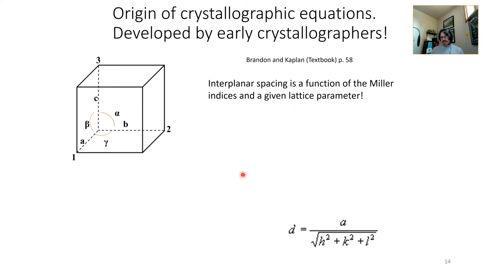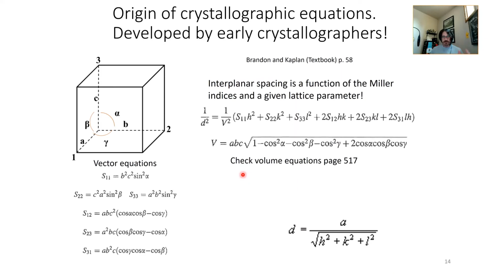So d equals a over the square root of h squared plus k squared plus l squared is what we live by for cubic systems. There are different notations here, and I'll quickly go through them. I think I messed up; I shouldn't have had d equals hk squared plus k squared plus l squared. But anyway, look at the